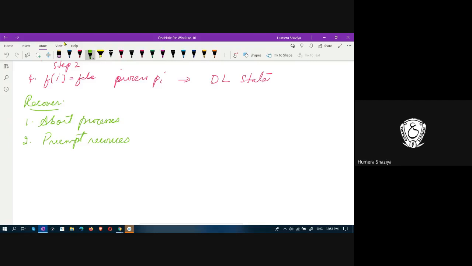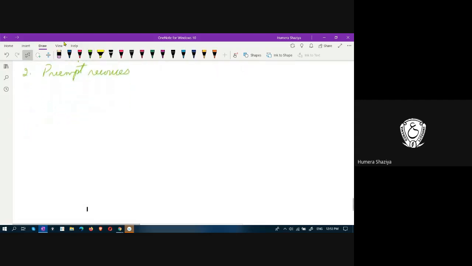So this is about deadlock recovery. With this, we have completed our deadlock concept. Any doubts in this deadlock? No? Then we'll move on to the next topic of third unit, which is protection. If I complete this protection, we will finish our third unit, so that we can complete units 4 and 5 in the subsequent classes.